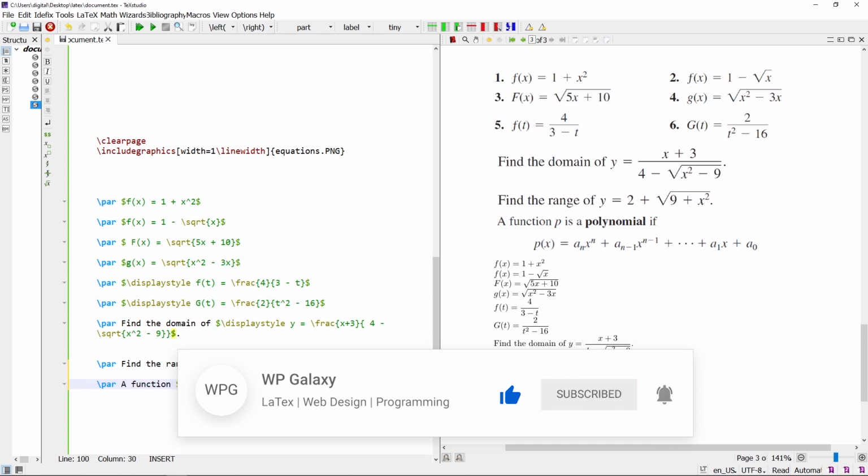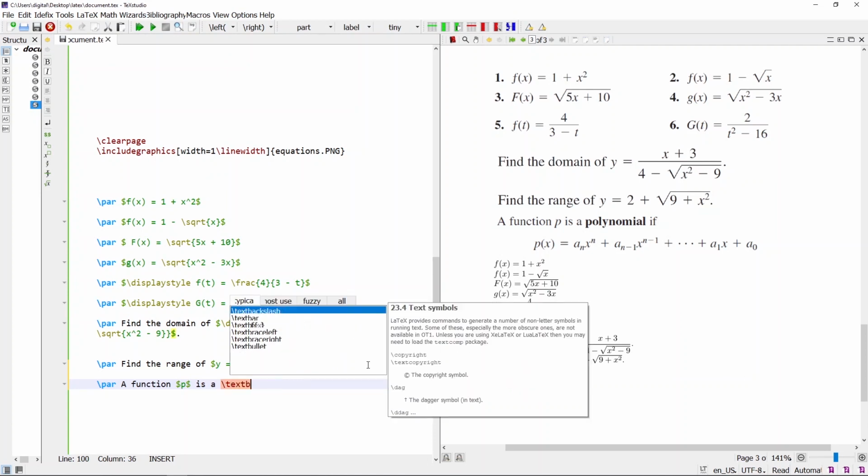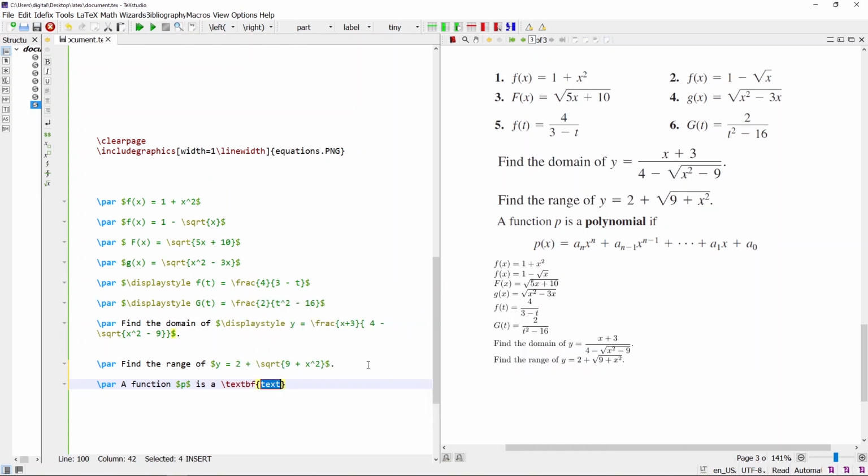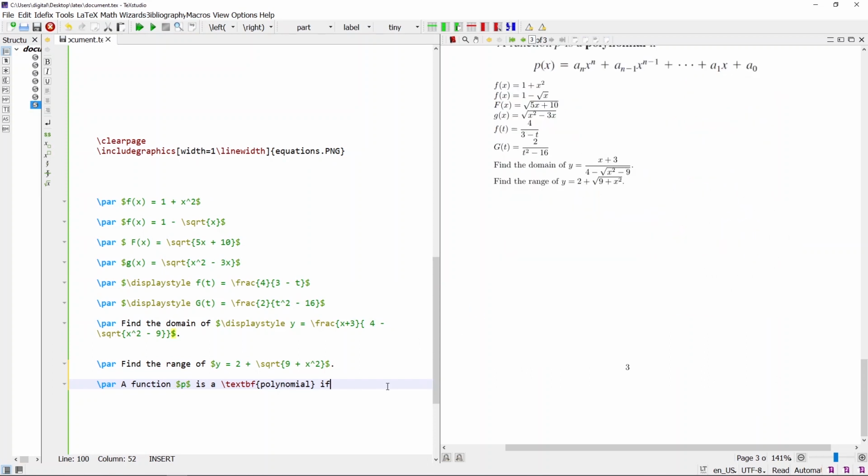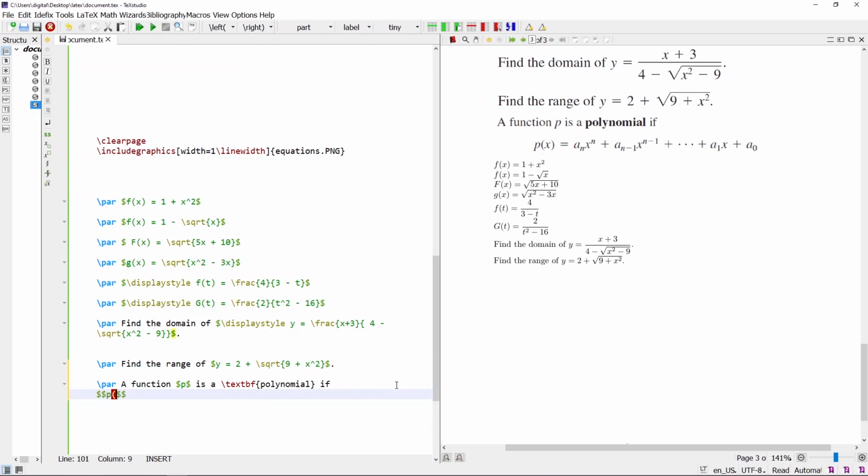P is a polynomial if this expression is written in the displayed mode. Write the displayed mode command. P of x is equal to a to the base n and x to the power n